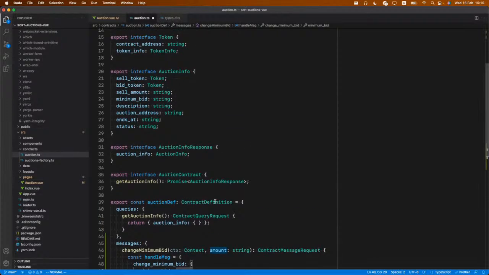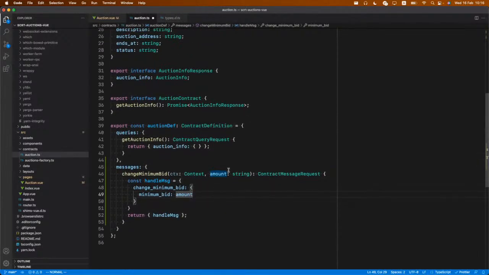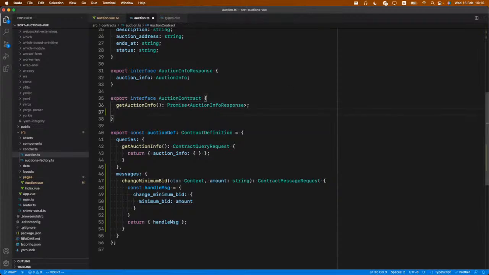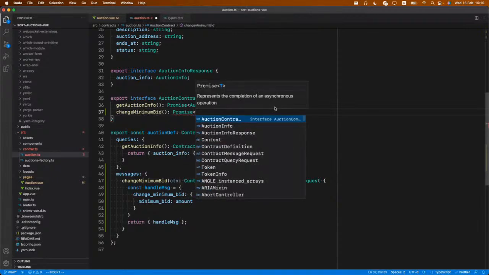Okay. Now, in this auction contract, we have an interface that represents our contract client, and we have our first query, in this case, the get auction info query. Now we need to define another one, but now for our transaction. So in this case, we're going to say change minimum bid, our message,